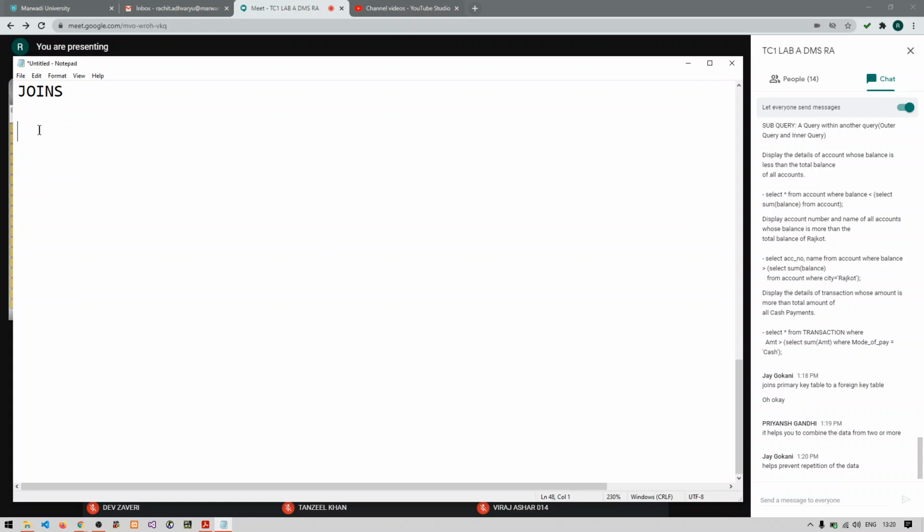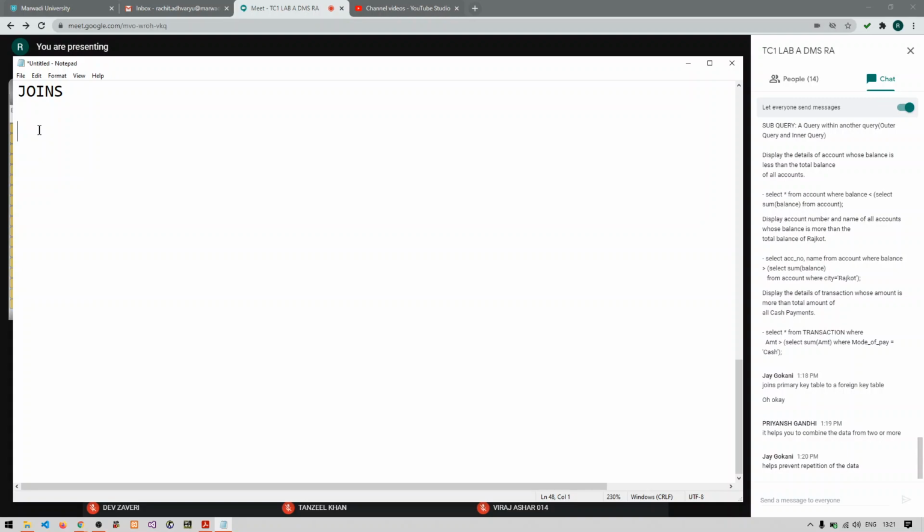So if you want to use a join, let us say you are joining 2 tables. Then there should be one common column between the 2 tables. That is the condition that you have to satisfy.